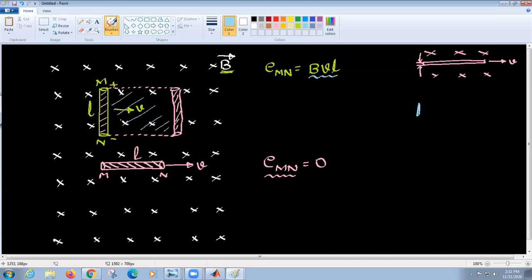Now, for example, if I take some considerable thickness of the conductor, then in its course of travel this bar becomes positive and this bar becomes negative, because if the thickness is not equal to 0, then you have some EMF induced. But for a very thin conductor, the induced EMF is almost equal to 0. Very good. Now I will take one more case. Let me take one more case. Now you tell me what will happen.